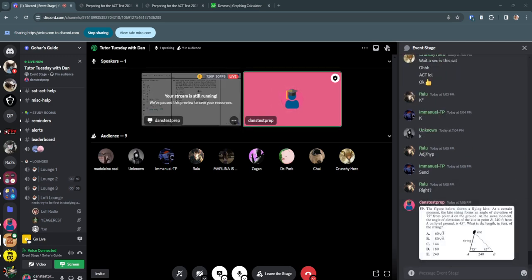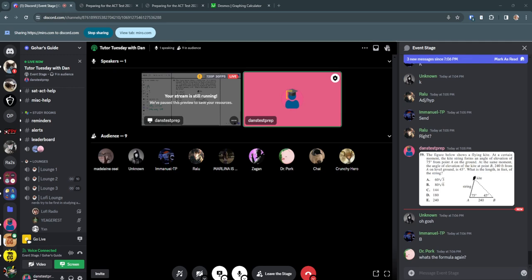Adjacent over hypotenuse, someone says, well, we can only use the SOHCAHTOA rules in a right triangle. This does not look like a right triangle to me, given that we have a 75-degree angle, 45-degree angle, and the last one would have to make it sum to 180, which would mean it's, I think, 60 degrees. So, law of cosines states, let's see,